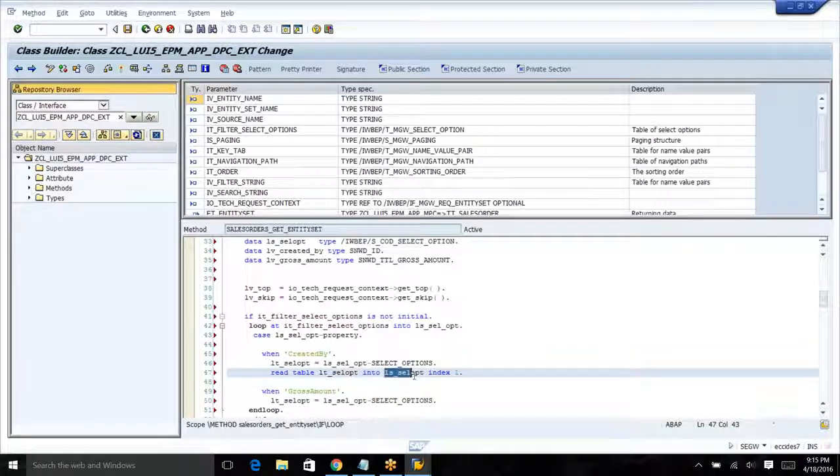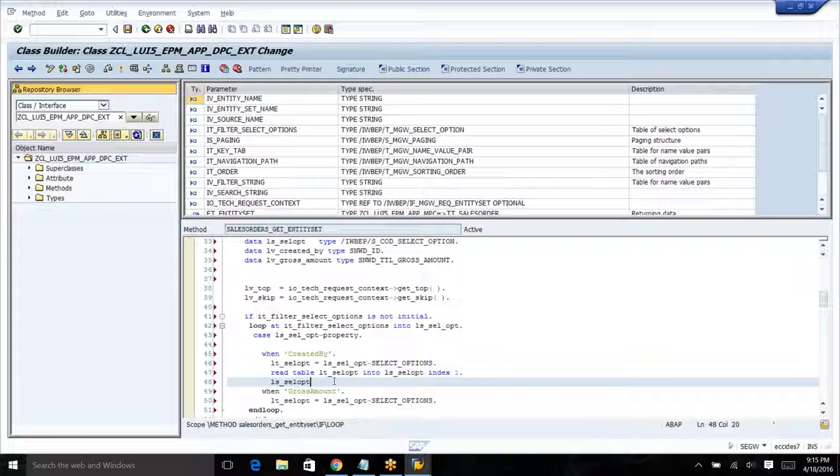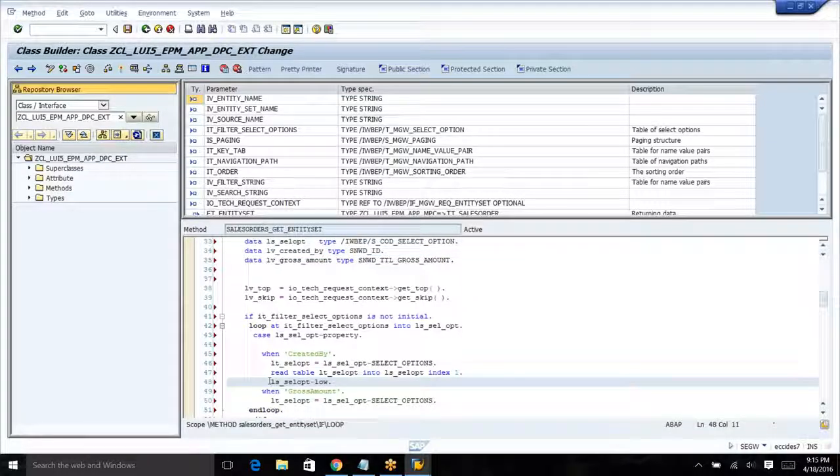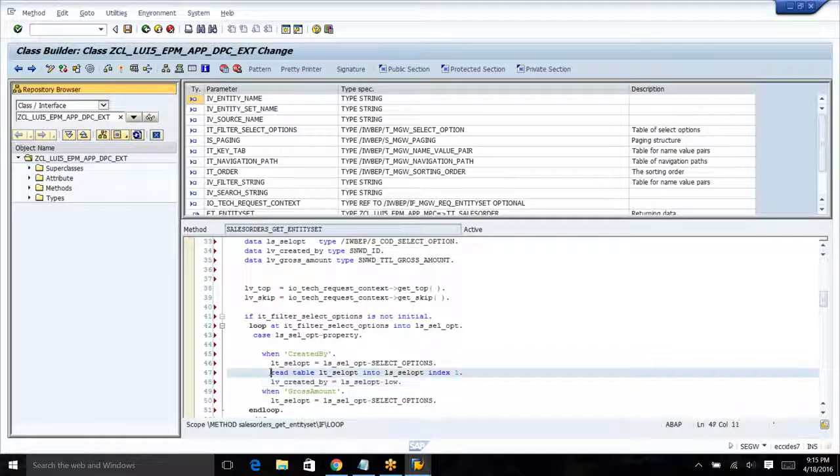low and high. So whatever is there in the first one, however you want to implement the filters, accordingly you will get, if it is between, both low and high. Accordingly, you will store it in your variables, and you are going to use it in the select statement while you are reading the sales orders. Okay. So in this case, I'm just going to read this low value